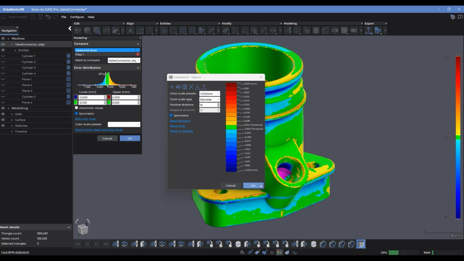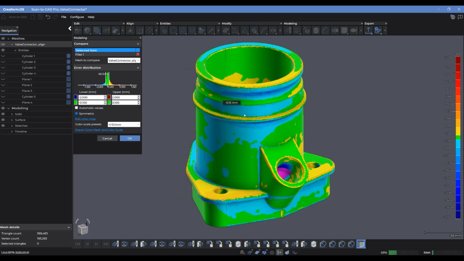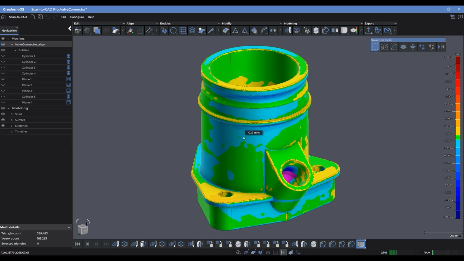So now that's something that I can save, and you'll notice that I can update the color map to use that preset there. I can also export the color mesh and color scale if I wanted to save it out as a 3MF file, which is a separate file format that I can share with somebody else if they don't have Scan-to-CAD Pro. So those are all the tools that we can use to get a quick real-time deviation